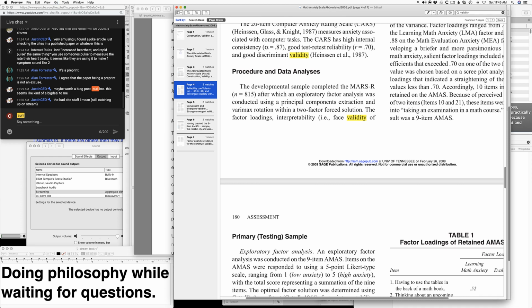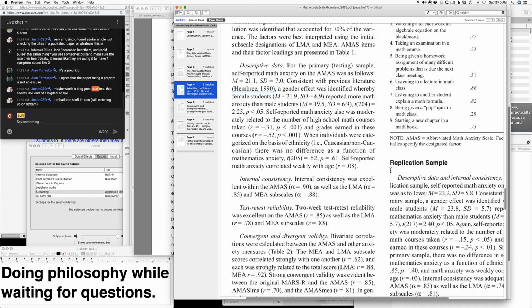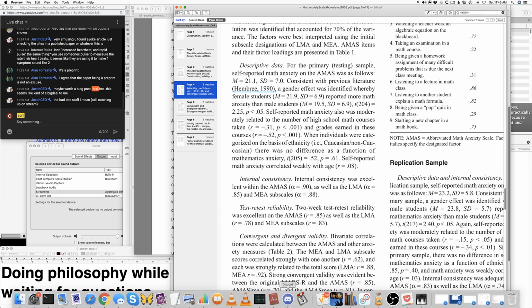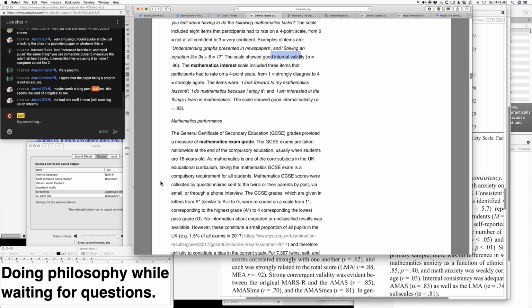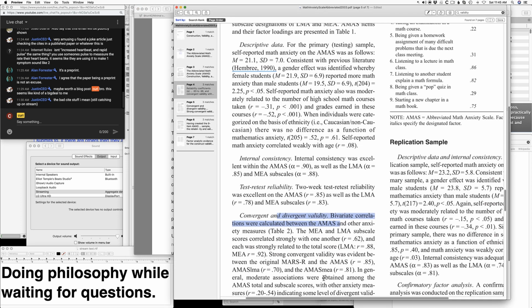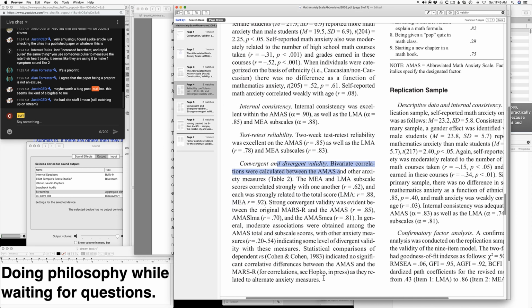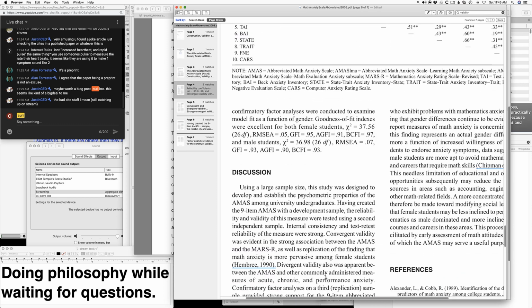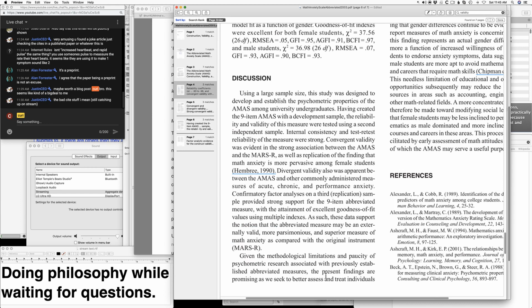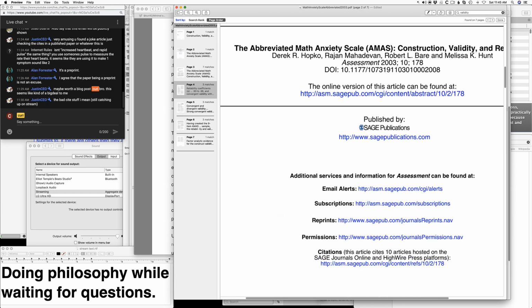It had internal consistency, which is, by the way, what I guessed earlier that internal validity might mean. So it has that, and it has a different type of validity, convergent and divergent. And they just changed the metrics, or the naming or whatever. But this one doesn't actually explain what those things mean. It just says what the results were. So I could look them up, but